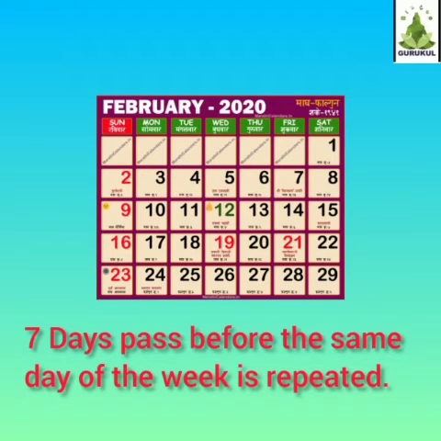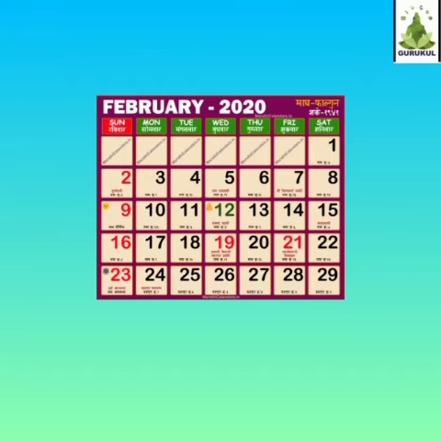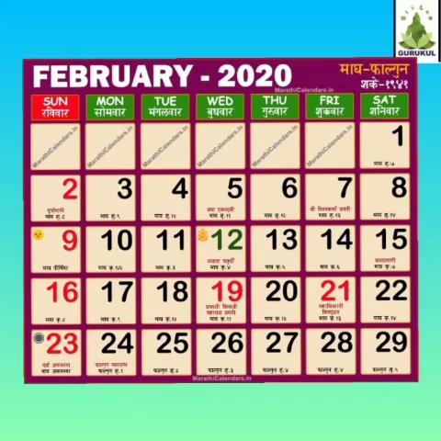Let us know more about leap year. As we have referred to the calendar page of February month, year 2020, you will find that the month of February has 29 days. The year having 29 days in February month is called a leap year. If the number denoting a year is divisible by 4, then that year is called a leap year. For example, 2004, 2008, 2012 are leap years.